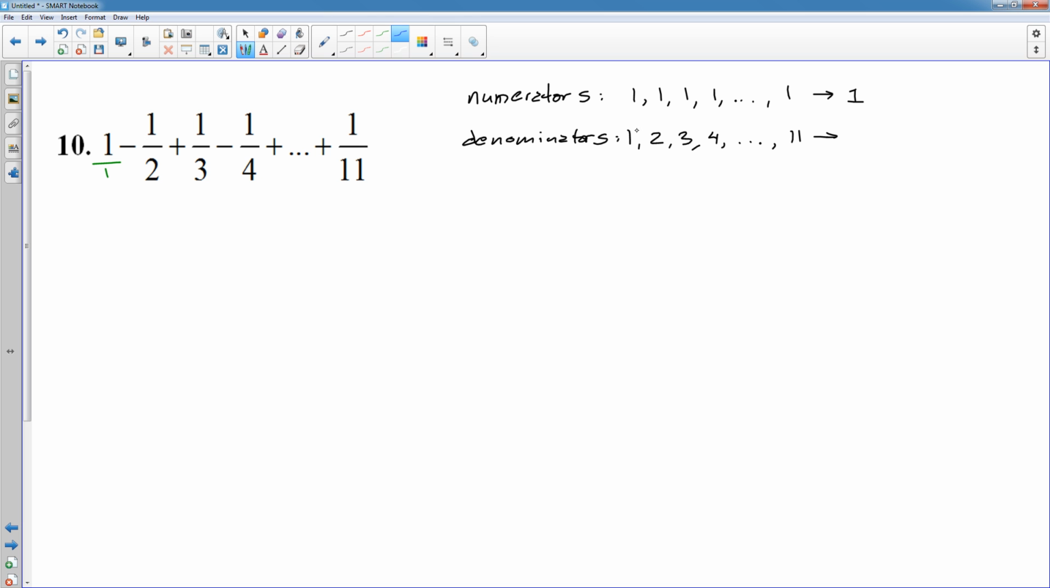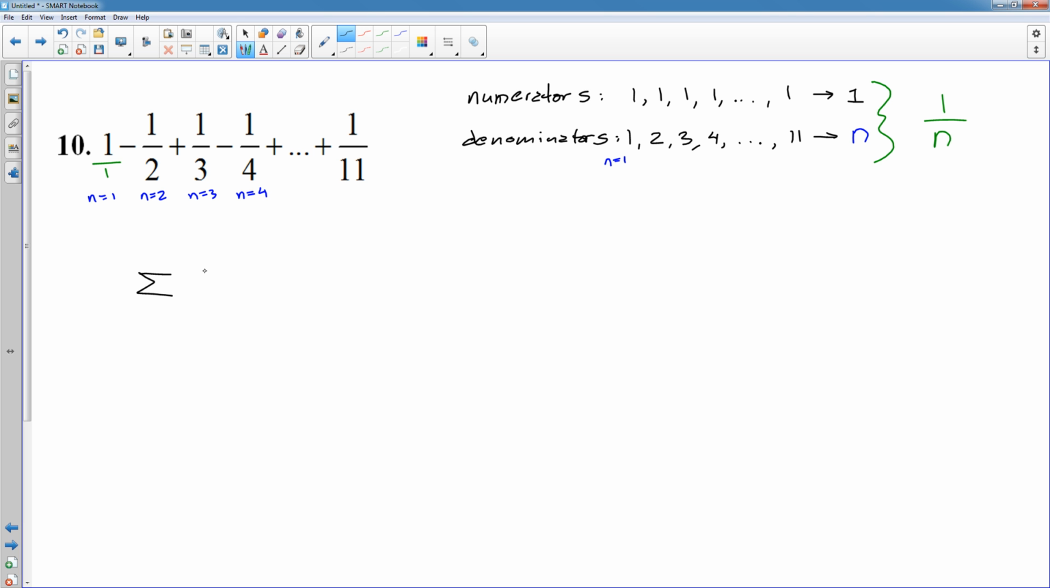And what I see is that for my first term, if n is equal to 1, my denominator is 1. For my second term, my denominator is 2. For my third term, my denominator is 3. For my fourth term, my denominator is 4. So what I'm seeing is that my denominator is simply equal to whatever the n value is. So I would take this information and say that my numerator is always 1, my denominator is always n, starting with n equals 1. So I know that this is going to be the sum